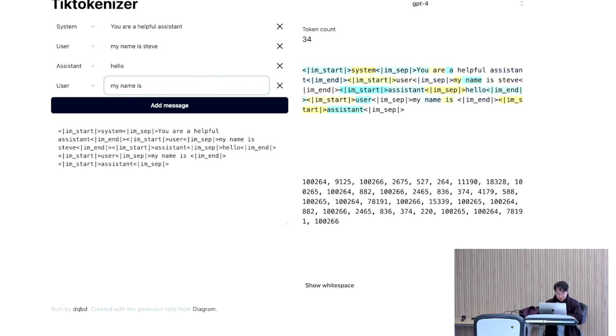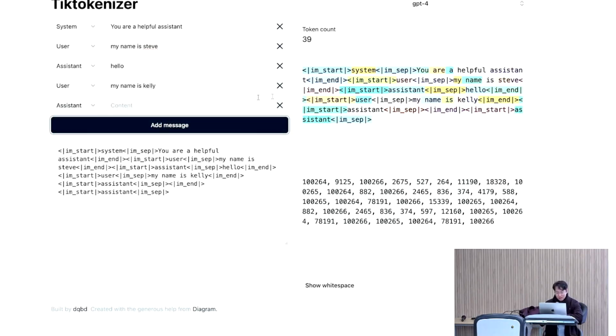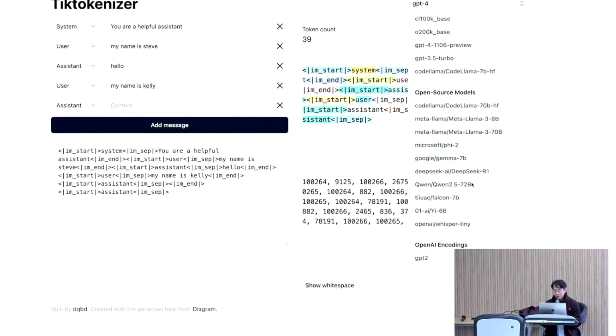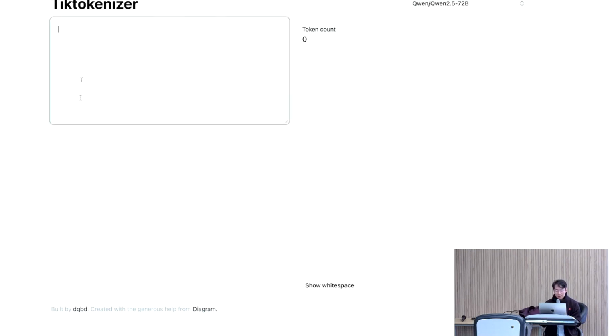I don't know. So my gets converted into 2465. Same thing here. Name, 836. And if I change the tokenizer to, for example, the Qwen 2.5 model, then